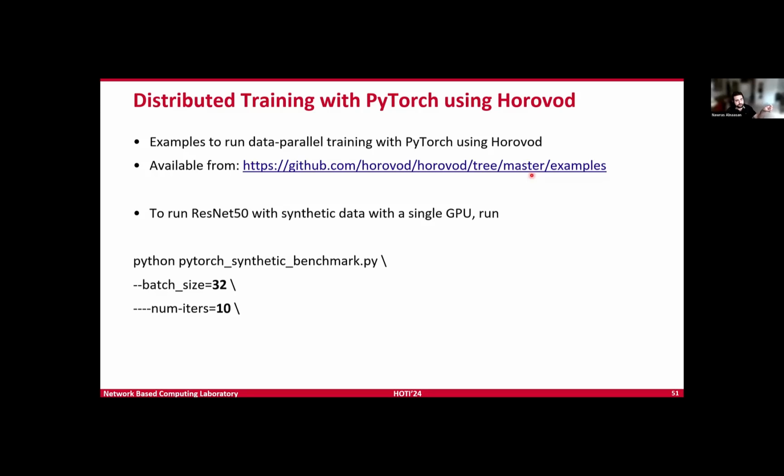We're going to train the ResNet 50 model on a synthetic data set. There was a question earlier in the chat: do we need to download a data set? No, this is a synthetic data set, meaning we're just generating random values because we don't care about the accuracy in this case. We just want to see how things are scaling. If we run it on a single GPU versus multiple GPUs, what is the expected throughput? How many data samples are we processing every second?